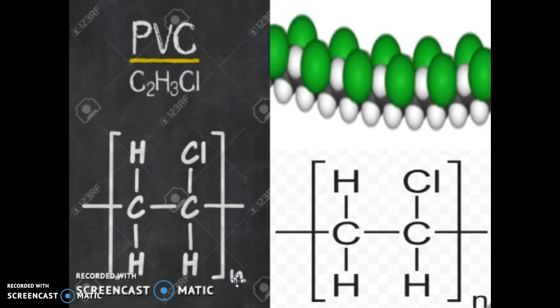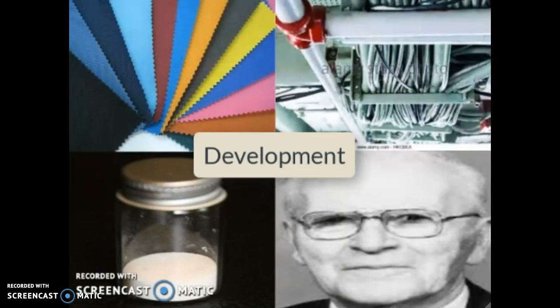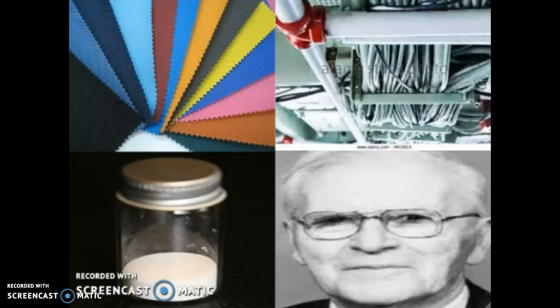In this chemical formula, N represents the number of times this formula is bonded to itself in order to produce the item. PVC was actually developed twice. The first time it was discovered was in 1838 by French physicist and chemist Henri Victor Regnault. The second time was in 1872 by German chemist Eugen Baumann. Both times it was discovered, the polymer appeared as a white solid, like flour, after